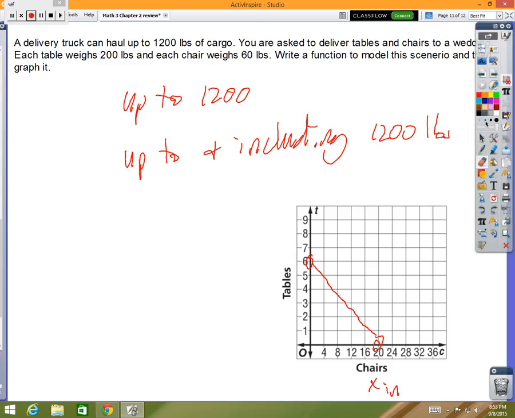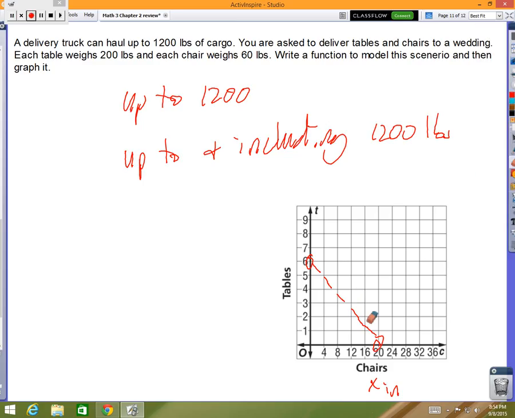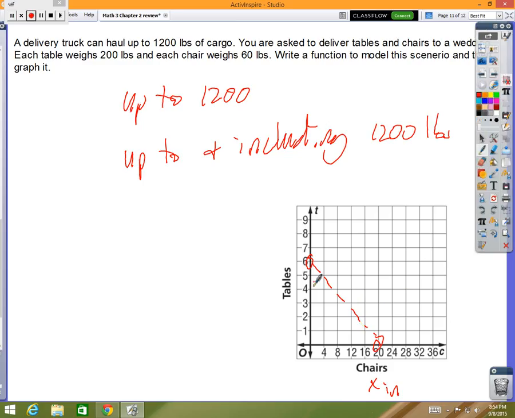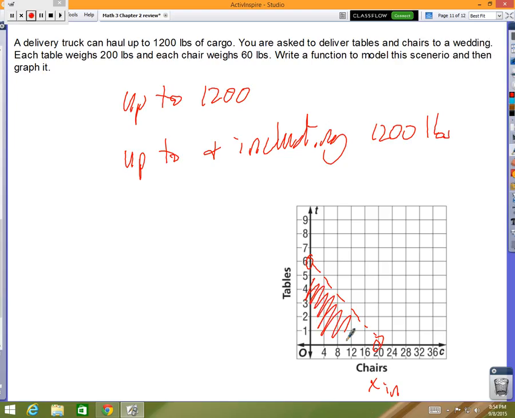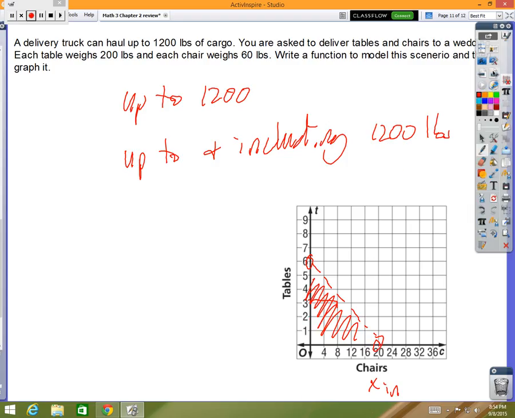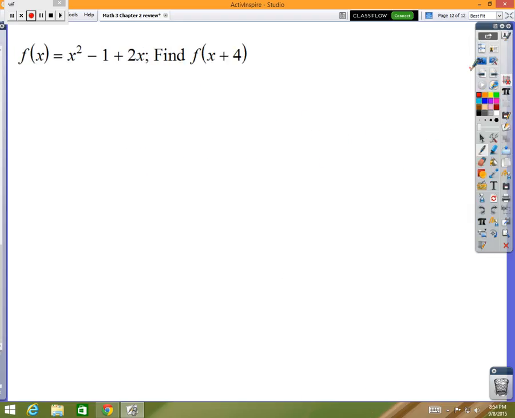So I got a little carried away again. This is a dotted line, because you cannot take anything on that line. You can only take everything underneath it. So I could take 8 chairs and 3 tables. I could take 12 chairs and 2 tables. Okay,